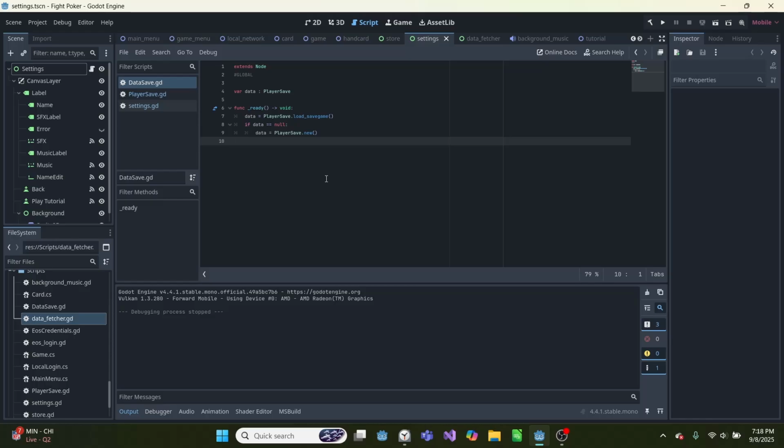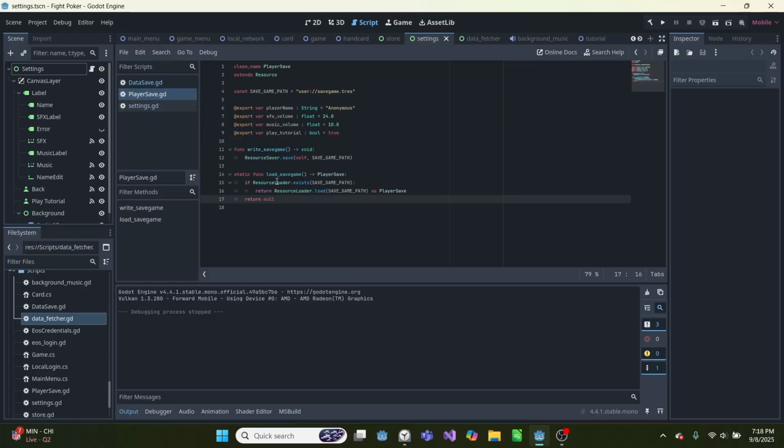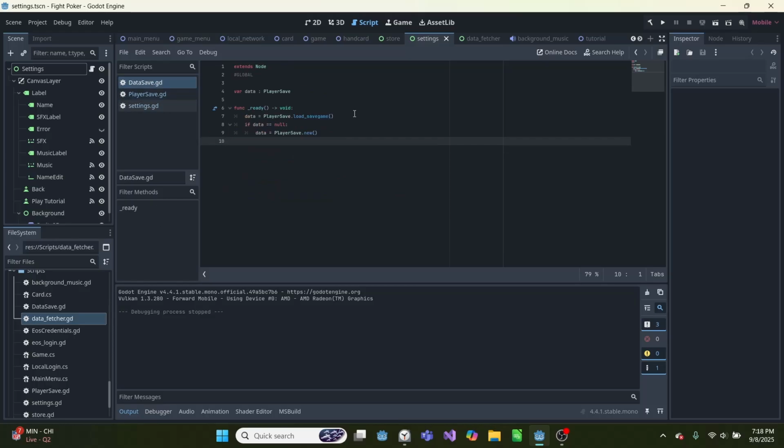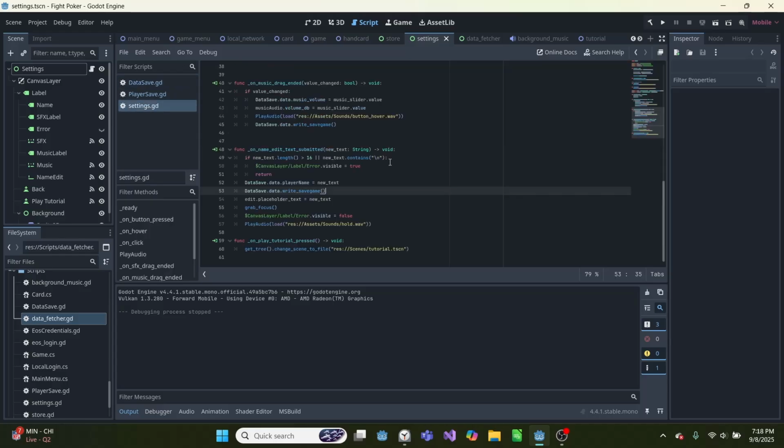And once this system is set up, we can use this save, write save game and this data save to access any of our code. So in this on name edit text submitted, which is when we push enter on the name edit, if our character count is greater than 16 in length or contains an enter, we just return and don't do anything. But otherwise, we set datasave.data.thePlayerName equal to new text, and then we go